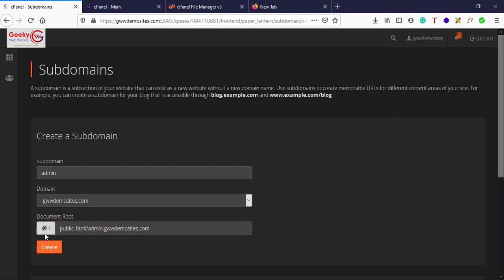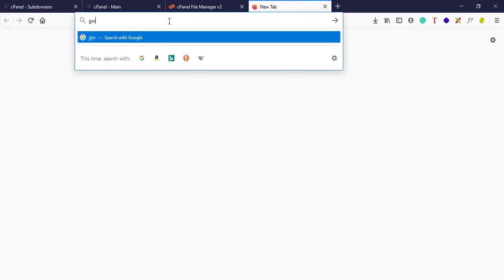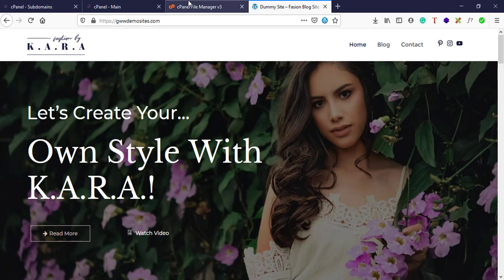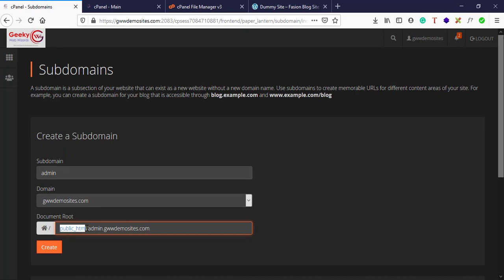So this is the document root. Inside the document root we have public_html, and public_html is where our public website is hosted. When you type the domain name, whatever website you see is what is available inside this public_html.